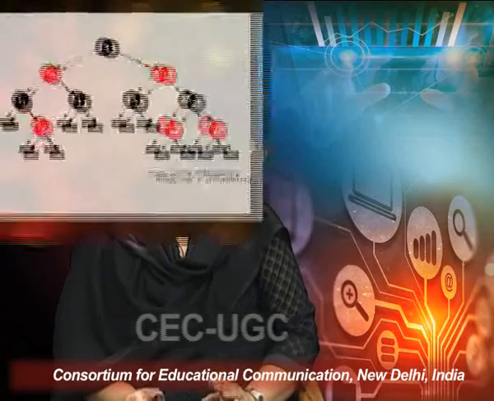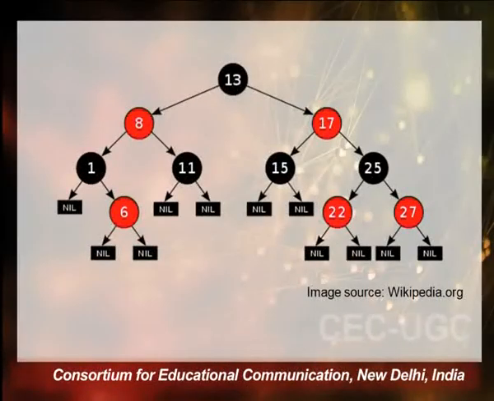So here on the screen a red black tree has been shown. Now let us explore all the properties of red black trees one by one. I have told that all the leaves are black. Here leaves are shown by rectangular boxes which are nil, and other nodes are shown as circles. We have one node which is the root node, and the root node is black. So we have 13 as the root node, and the key elements here serve the property of a binary search tree.